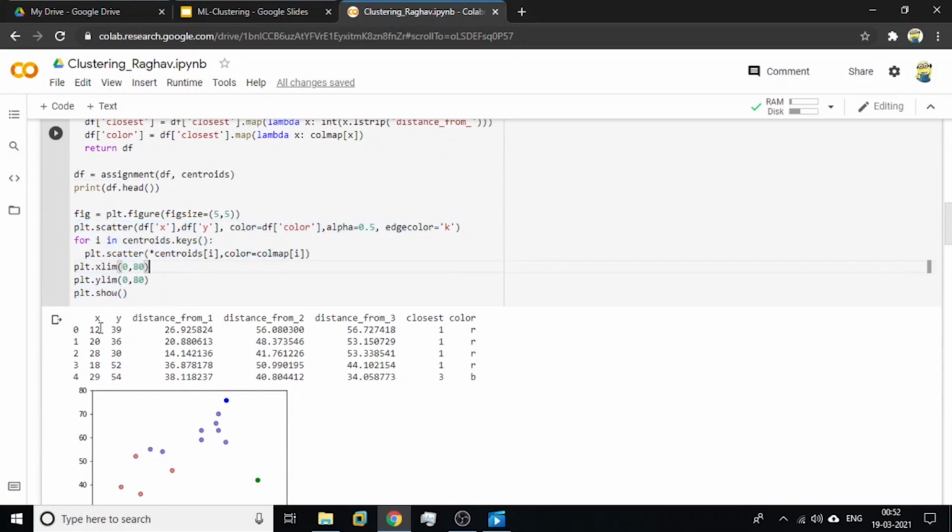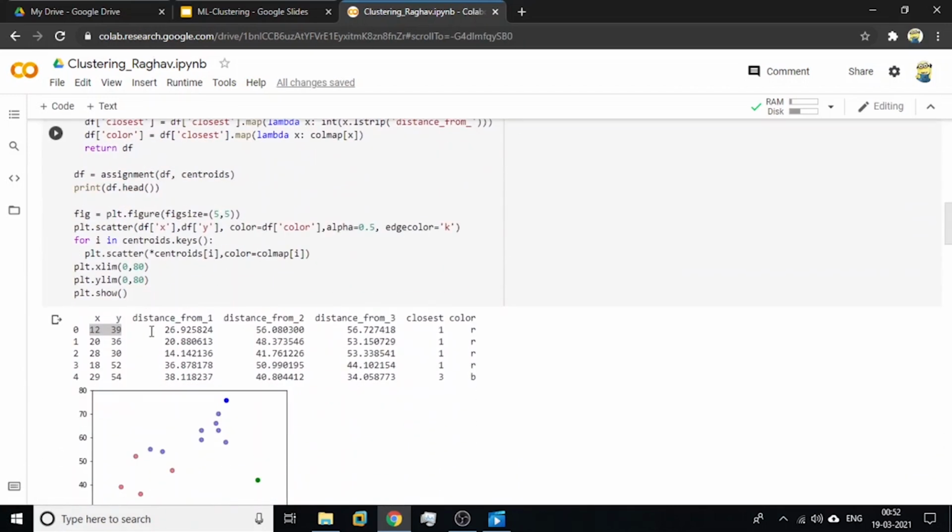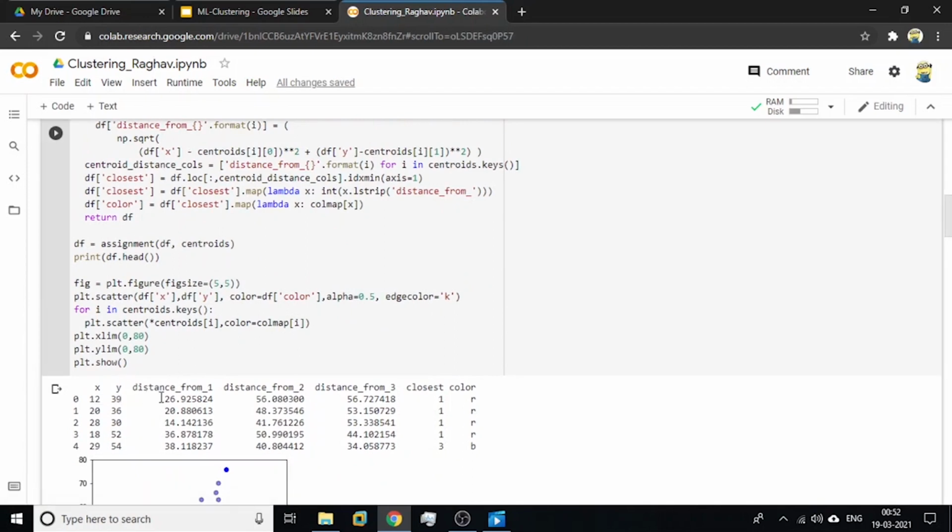We can see that for x, y of 12, 39, which is our first point, the distance from centroid 1, the red dot, is 26.9 units, to the green cluster is 56.08 units, and to the blue cluster is 56.72 units.